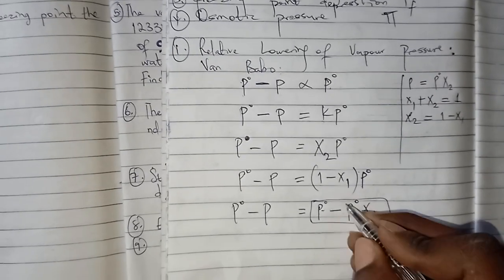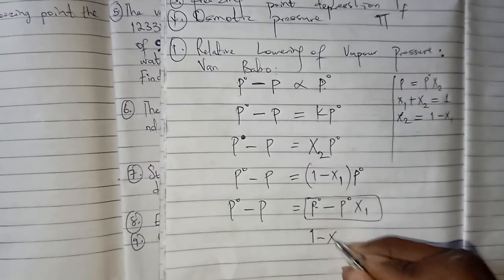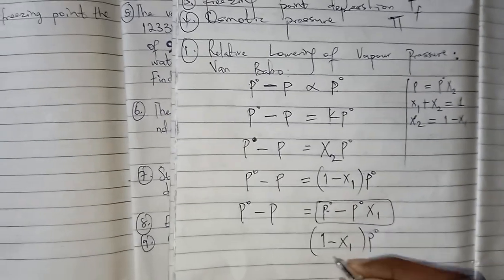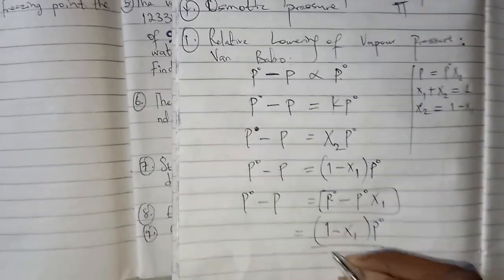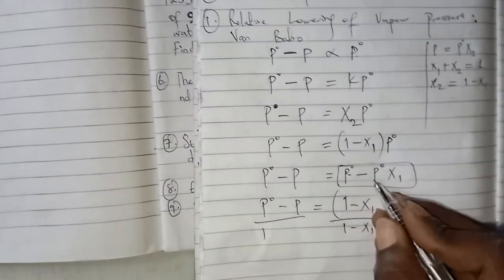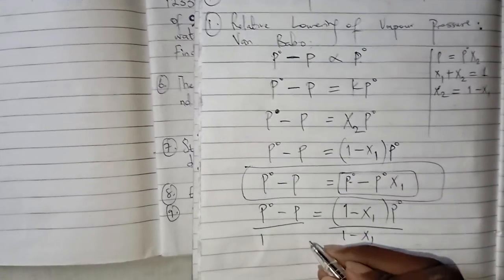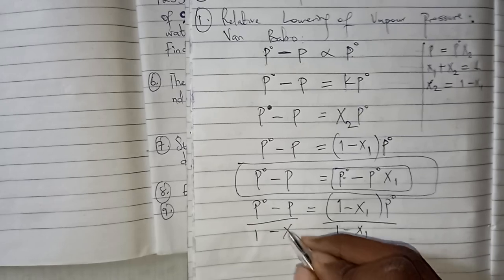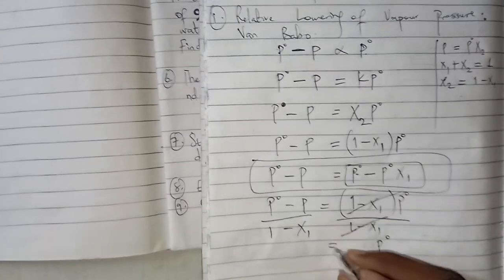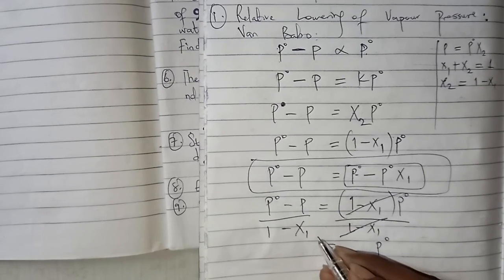So if I have P naught, everything here, now I'm rewriting it. I've not started doing the math. X1, then P naught. To make it the subject of the formula, we divide both sides by 1 minus X1. P naught minus P. So we can do this, but this is not the idea he used. Minus X1. So this will cancel this, so that I have P naught is equal to P naught minus P all over